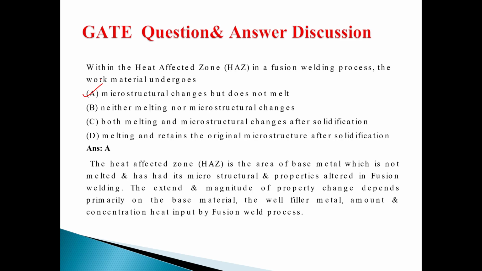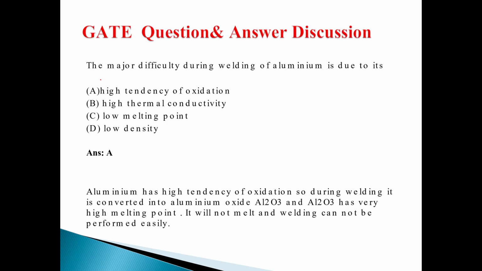The heat affected zone is the area of base metal which is not melted and has its microstructure and properties altered in fusion welding. The extent and magnitude of property change depends primarily on the base material, the weld filler metal, and the amount and concentration of heat input by the fusion welding process. So answer is A. Next question is, the major difficulty during welding of aluminum is due to its high tendency of